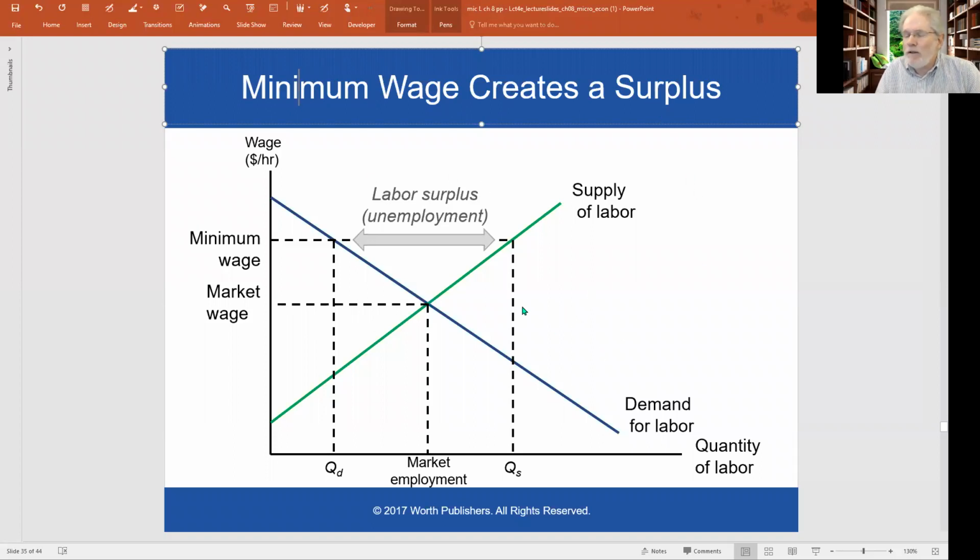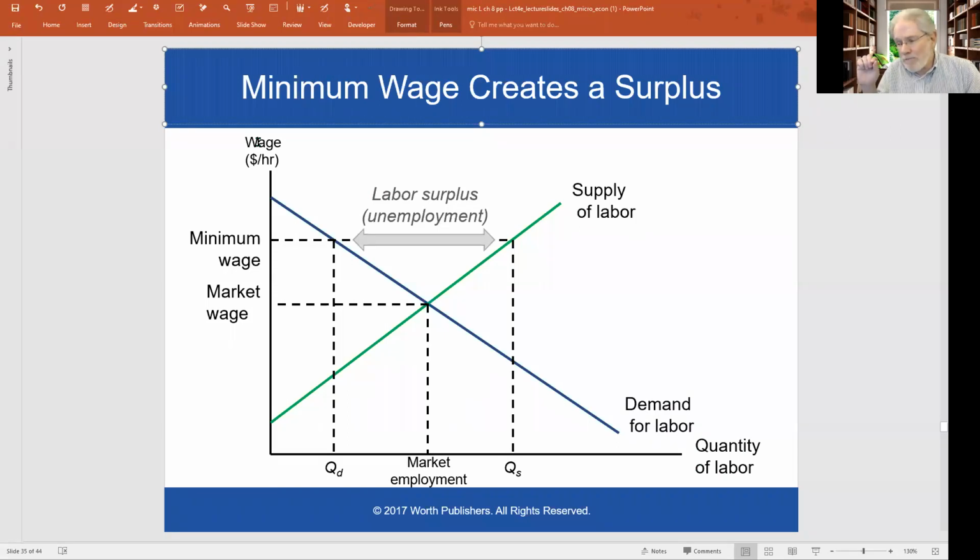Okay. Well, always look what's on each axis. On the vertical is the wage rate. On the horizontal is the quantity of labor. So we're talking about labor. Anytime we're dealing with supply and demand, we're talking about the supply and demand of something, some particular product. So here we're talking about labor, the demand for labor, the supply of labor. And we have the quantity on this axis, and we always have the price on the vertical axis. The wage rate is just the price of labor.